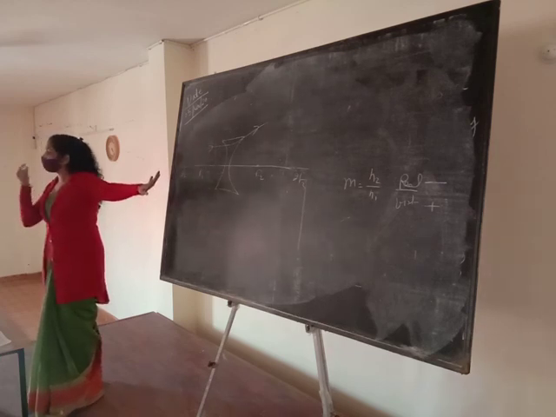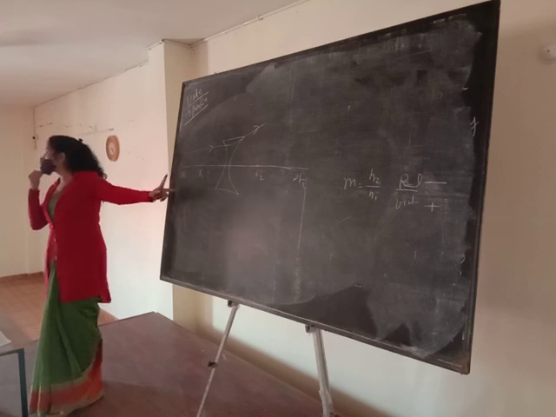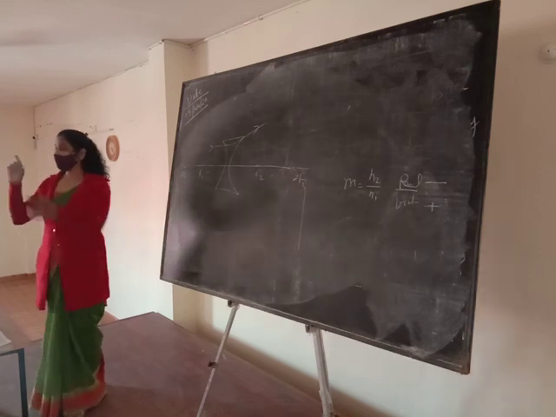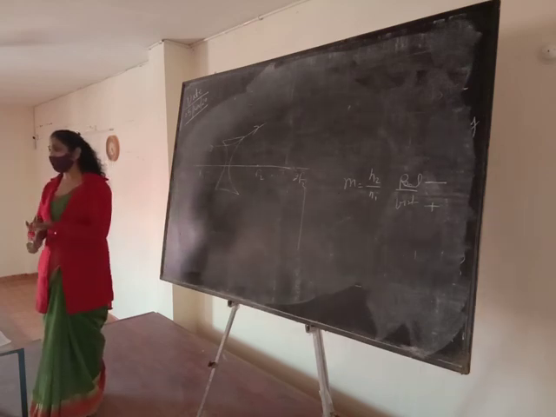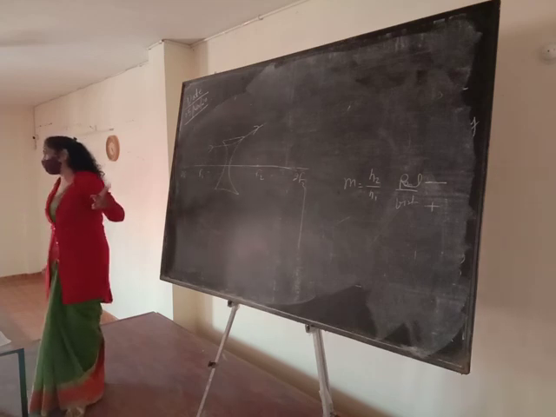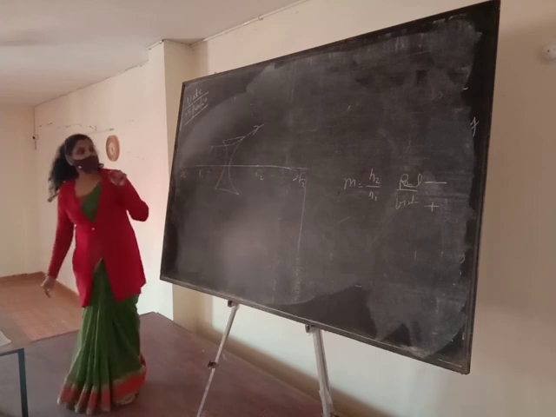So what should be the sign of this focal length for the concave lens? What should be the sign? It should be negative. So you should always remember that a convex lens has a positive focal length, but a concave lens always has a negative focal length because we use this focus for the formation of images. Okay. These are the rules.